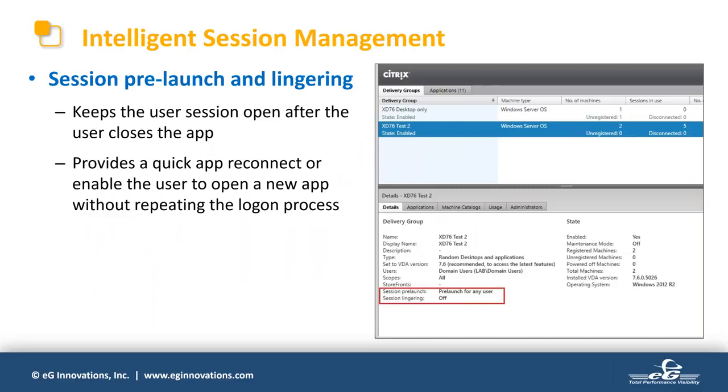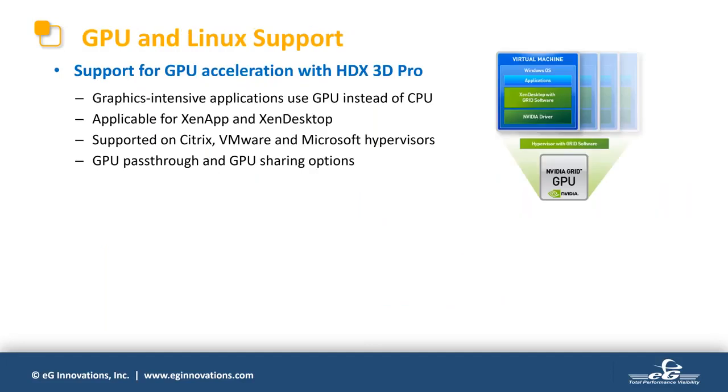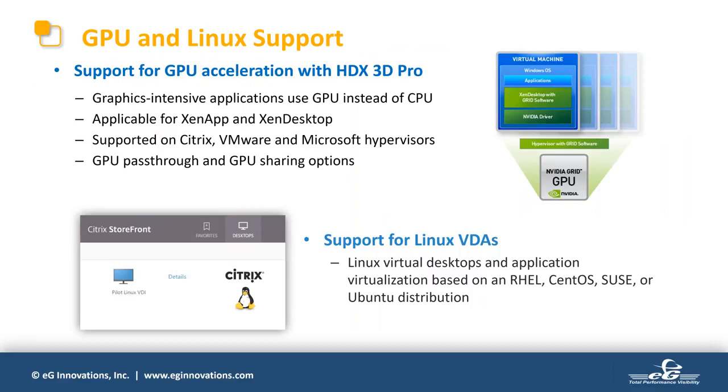GPU and Linux support with HDX 3D Pro, and this is big in a lot of graphics intensive applications. Now, there are more and more use cases that are being rolled into the Citrix world, and that means more and more powerful use cases can be accommodated into Citrix. We've got support for Linux VDAs,